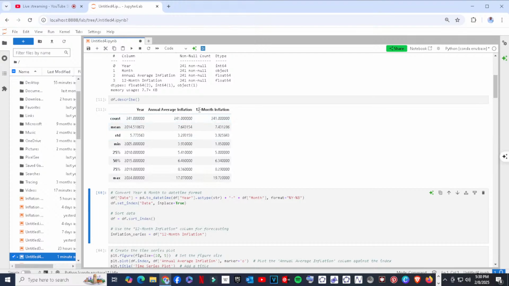But we are interested in the column of 12-month inflation. Here we see that the mean for 12-month inflation is 7.431286, the standard deviation is 3.925843, and the minimum is 1.85. We discussed this in yesterday's video, so that's just an overview.